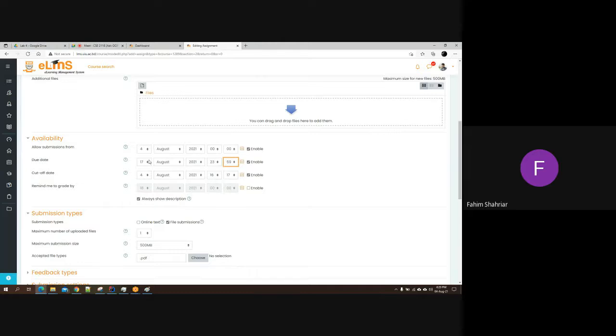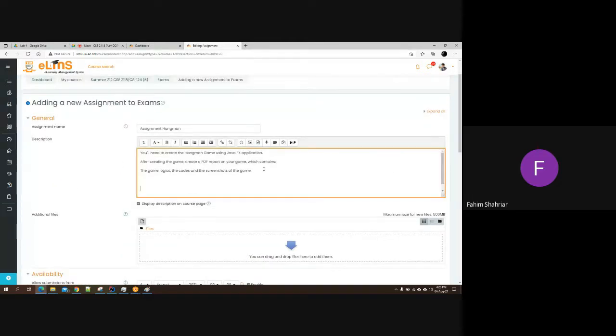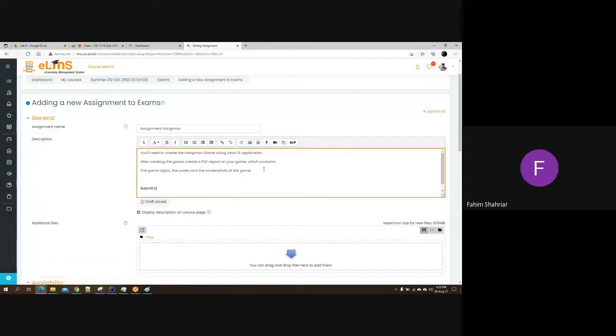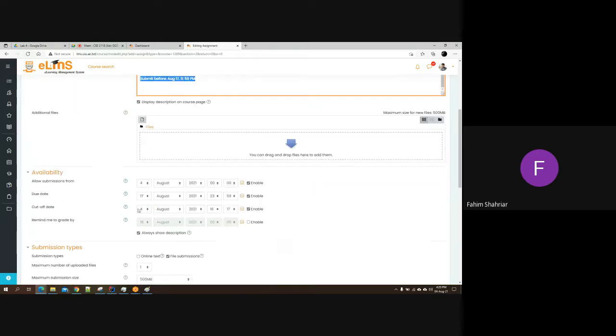Okay, so before 17 August, you have time up to 11:59 p.m. So submit before August 17, 11:59. আর এই সময়ের আগে সাবমিট করতে হবে। অটোমেটিক এটা বন্ধ হয়ে যাবে ওই সময়।